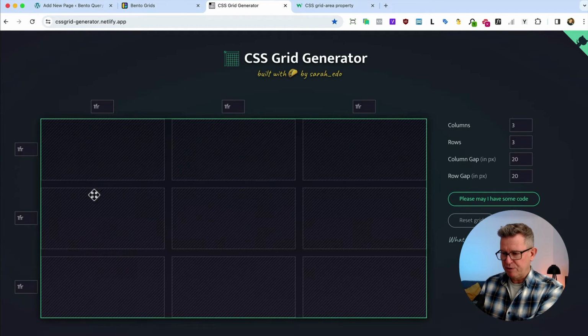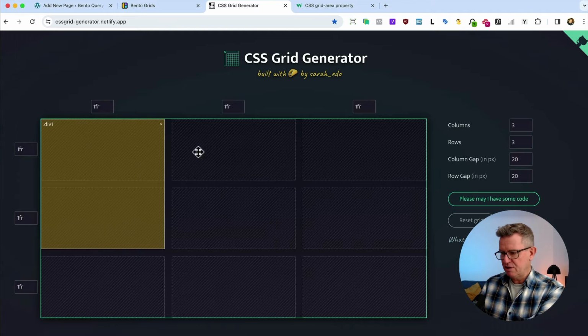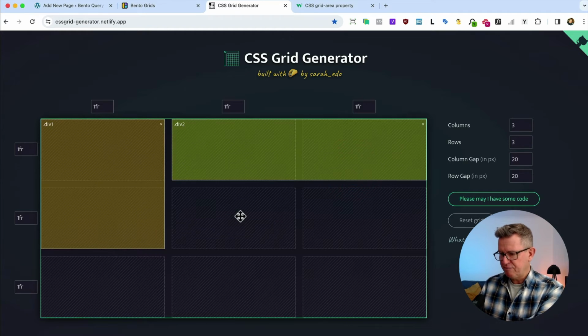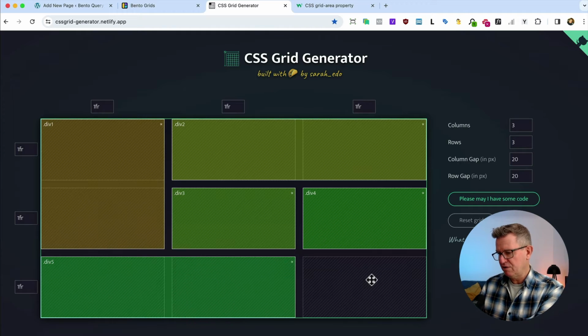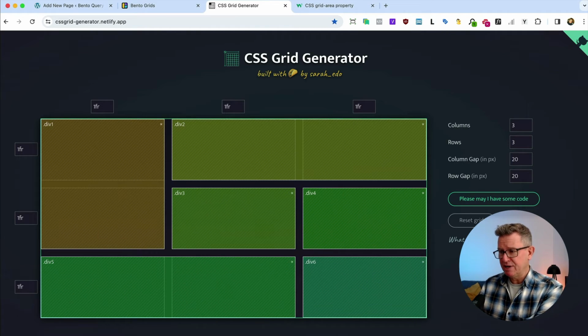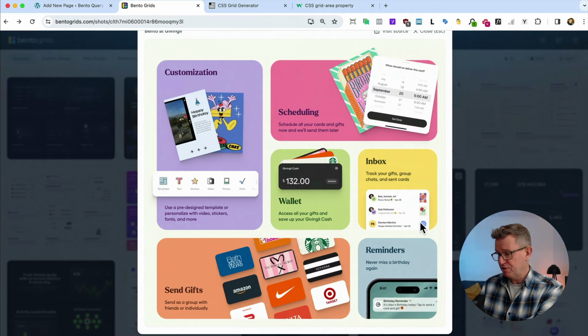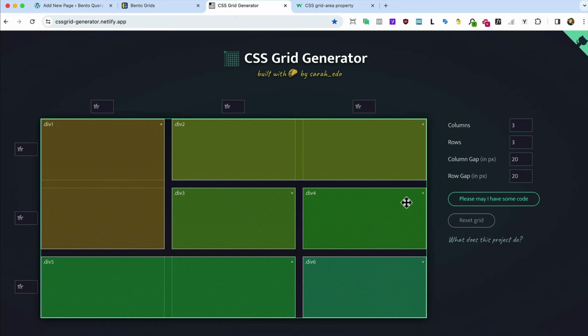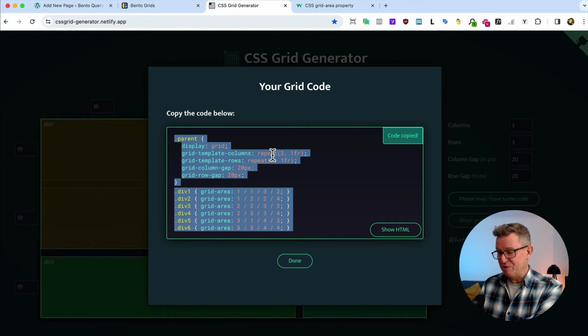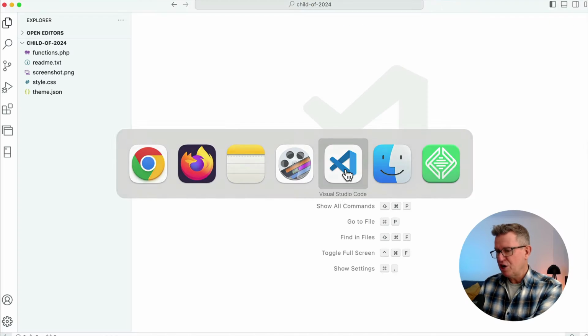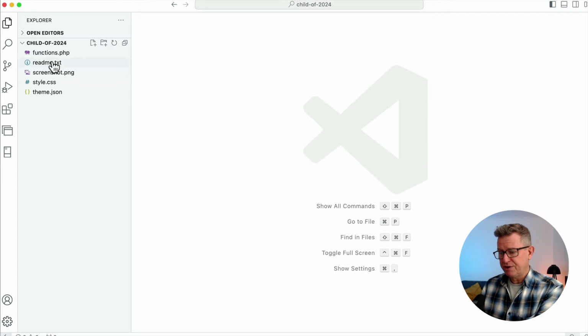So you literally grab your cursor and start drawing out the different elements within your design, and you can see here we've got the layout pretty much designed. 2, 2, 1, 1, 2 across, 1. And then, thank you, Sarah, please may I have some code? Yes, you can. So copy that to the clipboard, and we'll get onto the declarations and the parameters and stuff in a second. And we'll go over to our code editor where I've got the child theme here, and